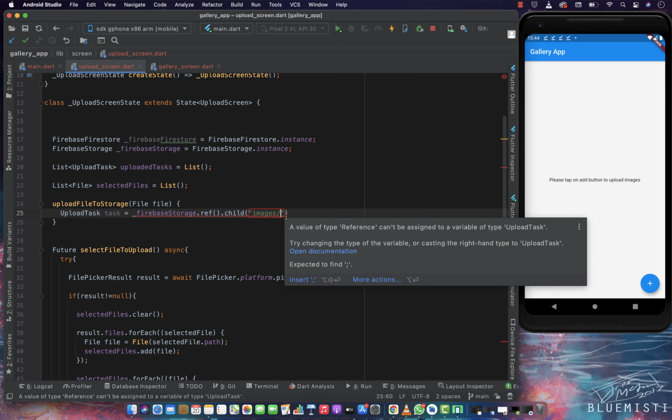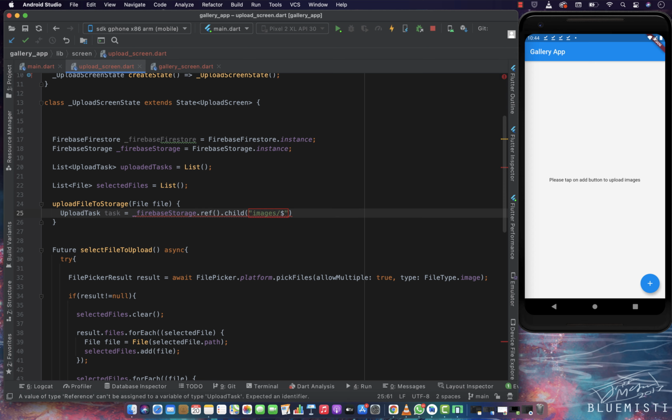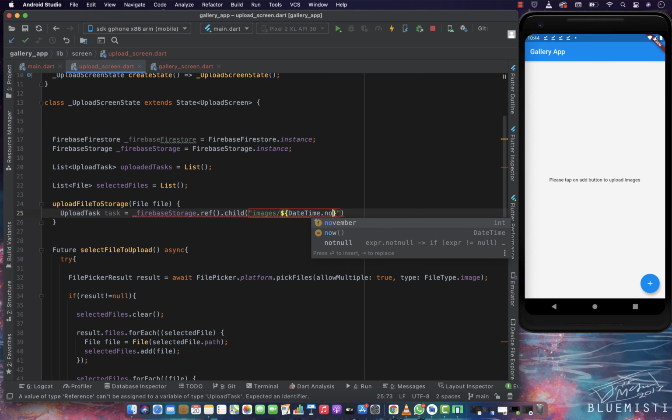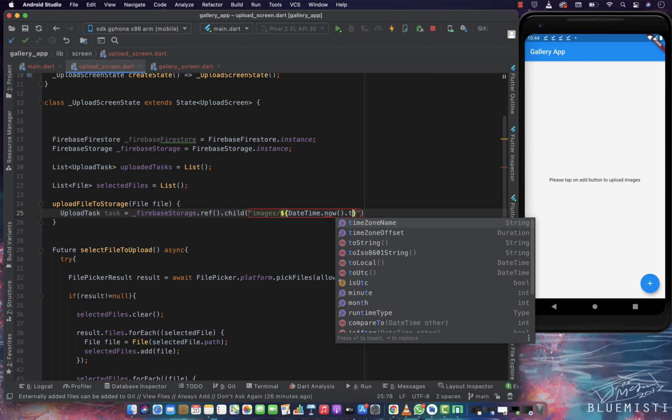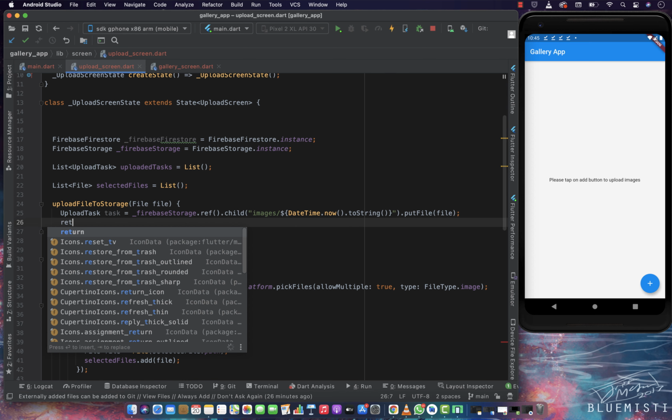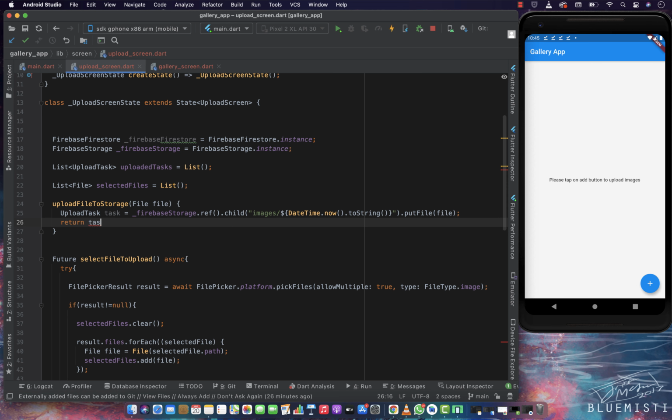So for random or unique file names, I'm going to use the date time reference, the current date time actually. So you can just call datetime.now, and convert it to a string, and this is how you can create a random name which will be unique. And then inside it we call put file, and here you can specify the file, and this put file will return the upload task, and we have stored it in task. So after it, we can simply return the task from this